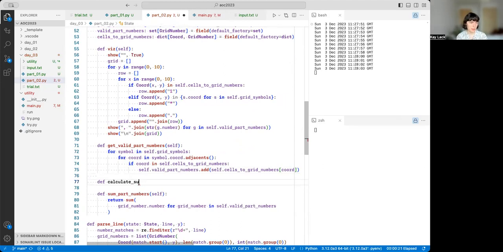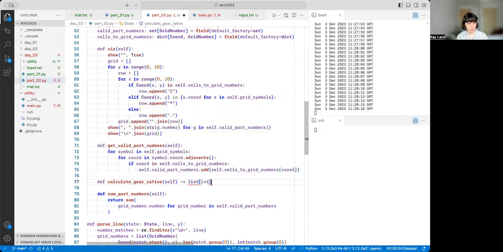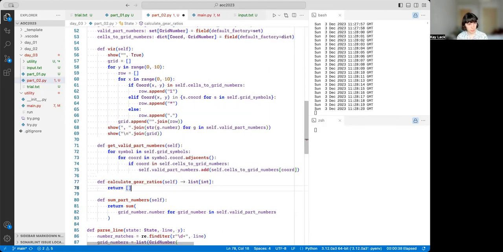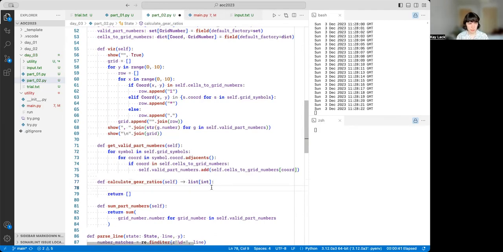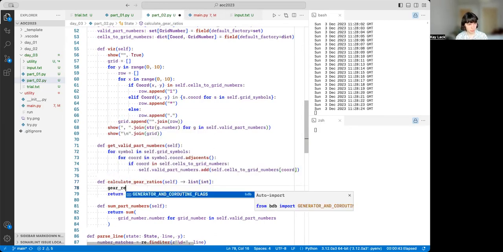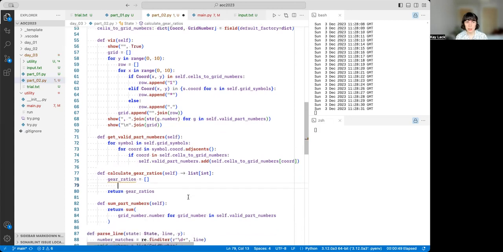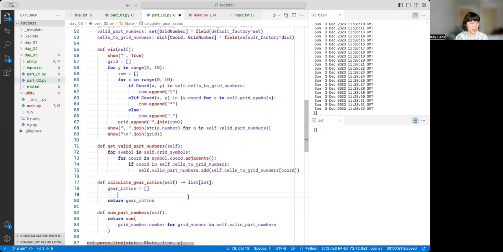Calculate gear ratios. I'm gonna get a list of integers out of this, which we can sum at the end. Okay, so we want to get